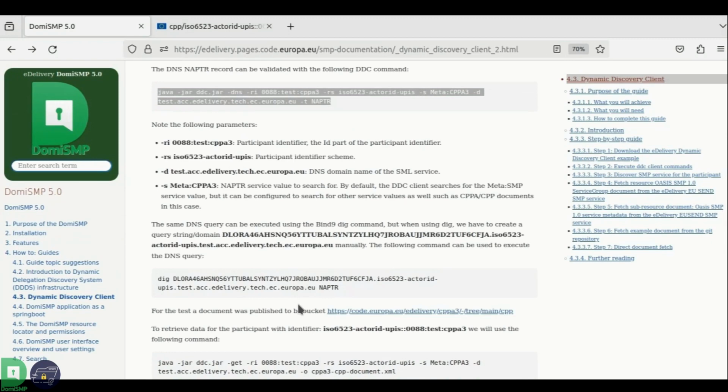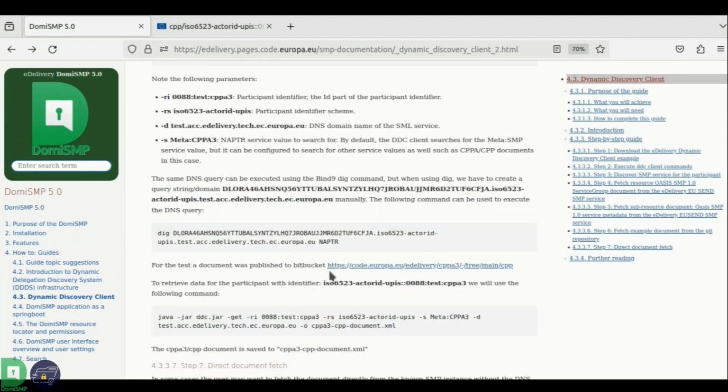At this point, I would also like to show you another option for checking if the record exists in the DNS. You can use the dig application, which is one of the utilities shipped with the BIND9 server. The bad side of this approach is that you have to generate the DNS domain manually.